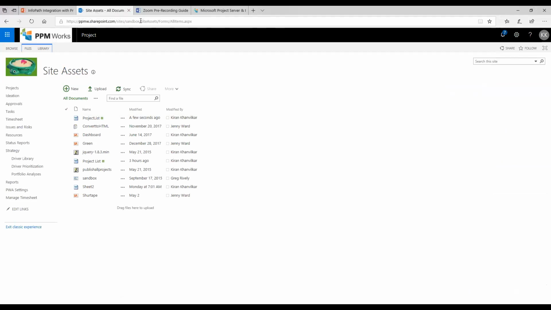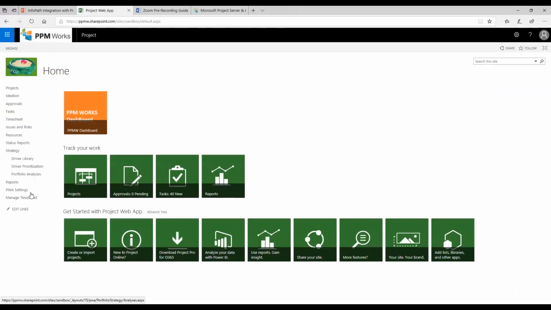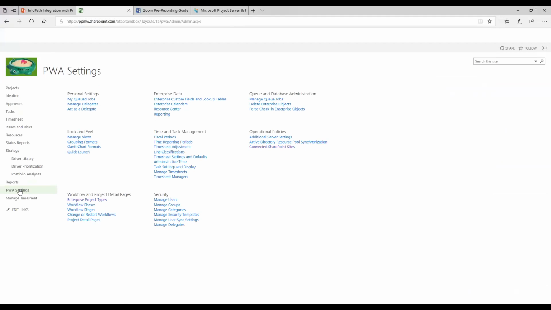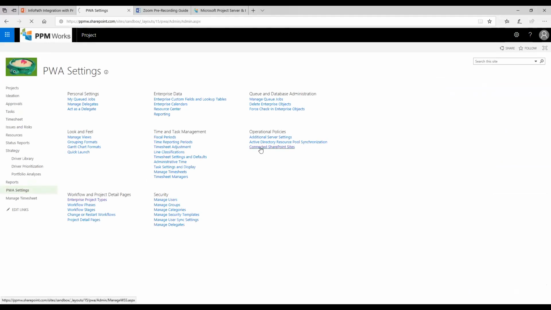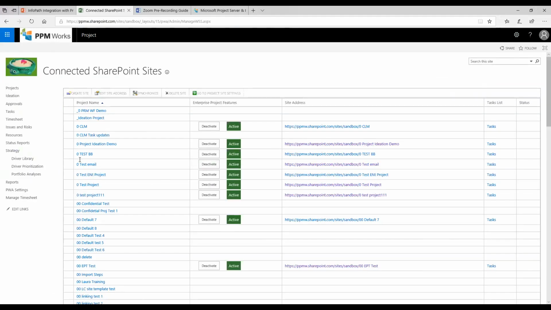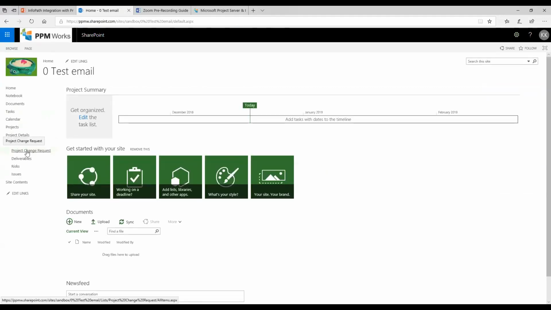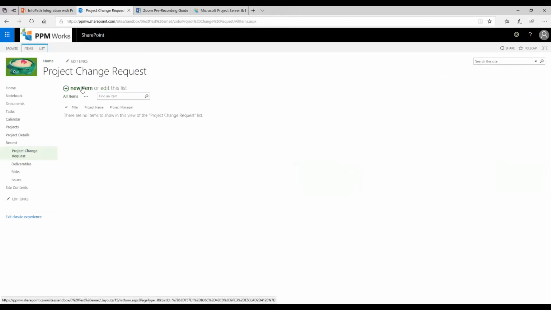So let me go back to the top level site, and then we'll go to the project site. Okay, so this is the project site for which we are performing this configuration. So you can see we have the project change request list here. If I click on project change request and click on new item,